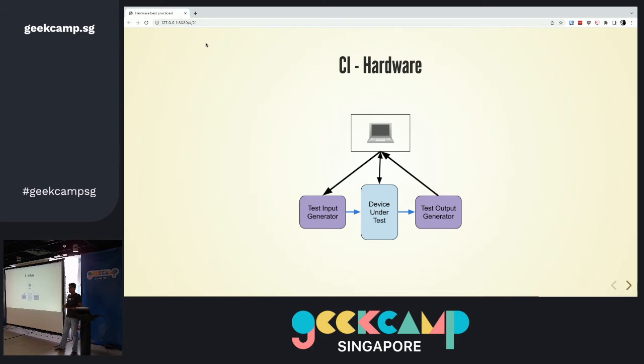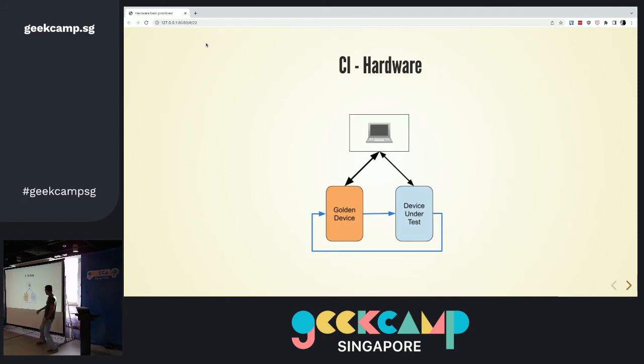This has worked well for us. It is a custom subsection of CI that we can do, but it at least allows us to test a significant part of our software chain on the actual devices they're going to be running. The nice thing we figured out was we could actually remove one of the test devices, so you could just use another of the underwater Wi-Fi devices and use it as both the generator and the recorder. It's just the way our devices work. It just makes it a little bit easier to do.